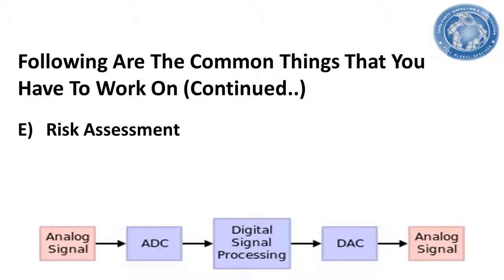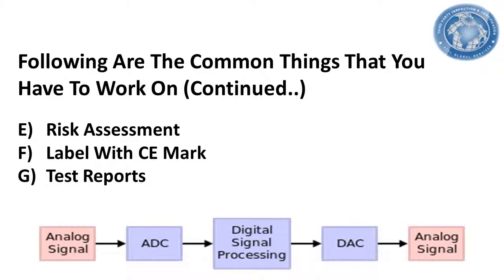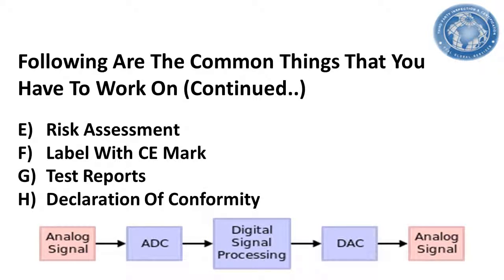of course the evidences of effective implementation of the corrective actions taken, label with necessary information and with CE mark, successful test reports which demonstrate the compliance with the requirements of general safety, collateral and particular standards, declaration of conformity document which shall include clear product details, applicable standards and signature of the member of top management.